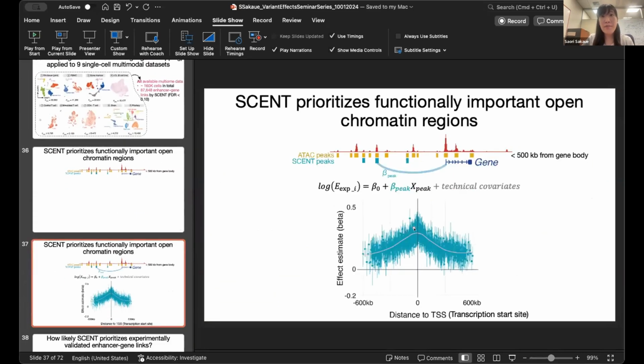So if it's very close to the TSS, that would be the promoter. And you can also notice that some of the effects of these enhancer-gene links are negative, which means that it can identify repressor or silencer elements. So you can flexibly identify any regulatory element that affects the gene expression in this